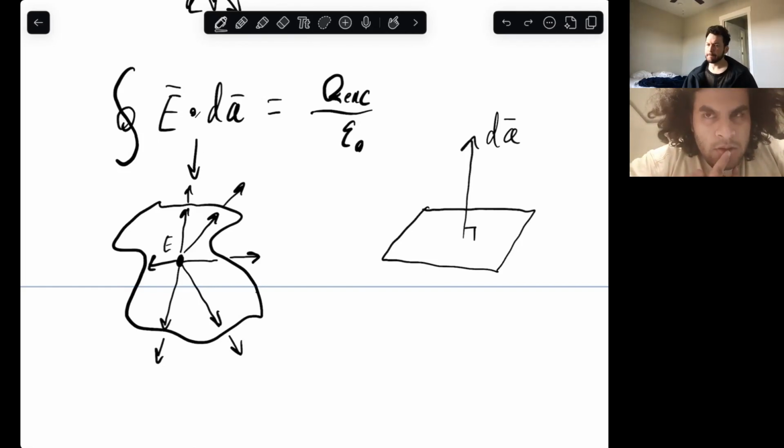So let's think about this. What does a dot product do? It compresses a lot of vectors down to a scalar. It condenses two vectors into a scalar. Yes. So let's say,